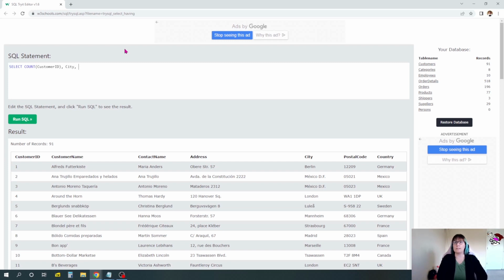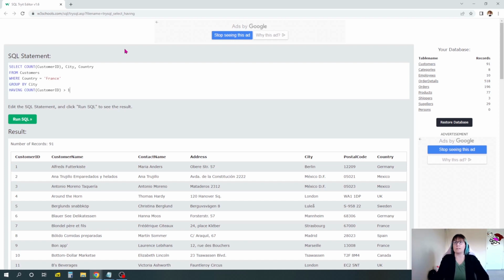We'll select city, we'll select country, and then we'll select that from our customers table where country equals France, and we want to group by city, and we'll put a having count customer ID is larger than 1, so